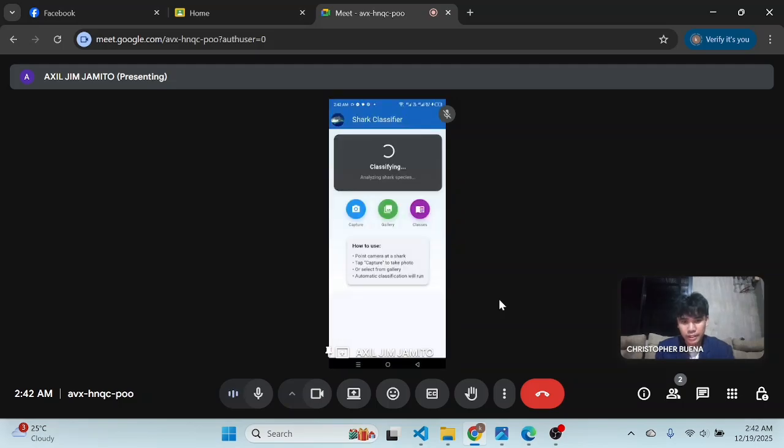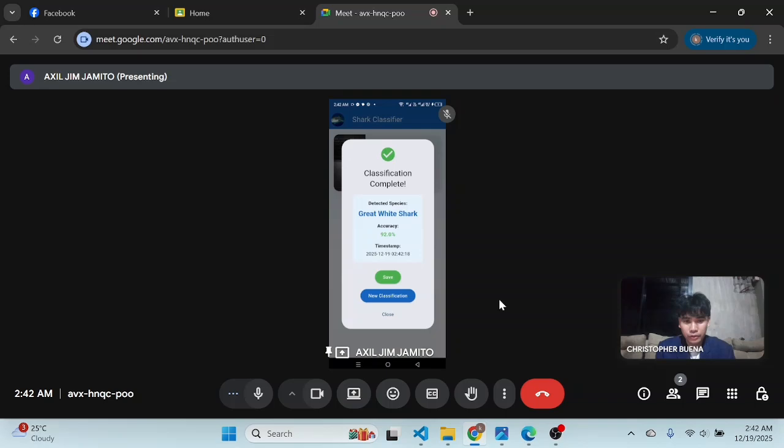As you can see, it's classifying. The answer is the same as well. It is classified as a great white shark with an accuracy of 92.0%. That's it for our demonstration of our mobile application.